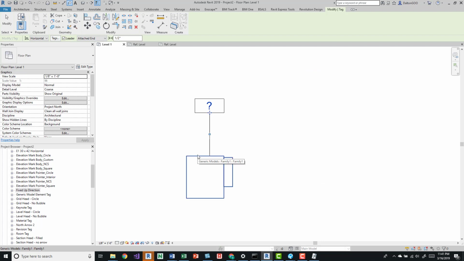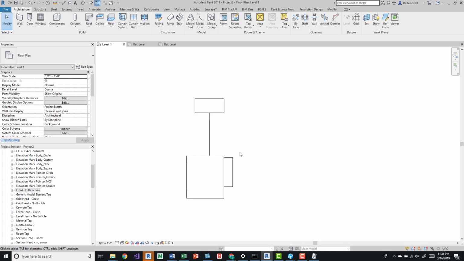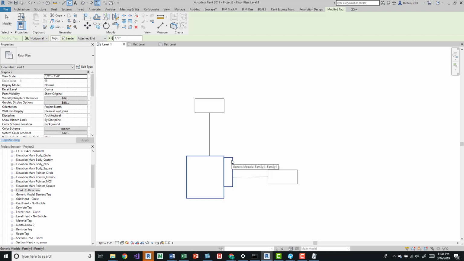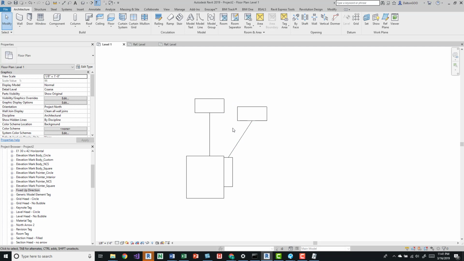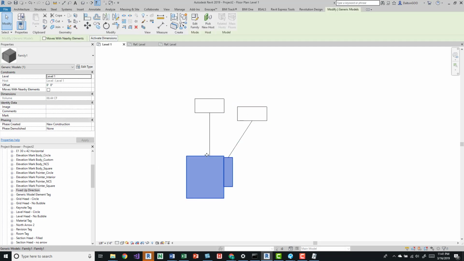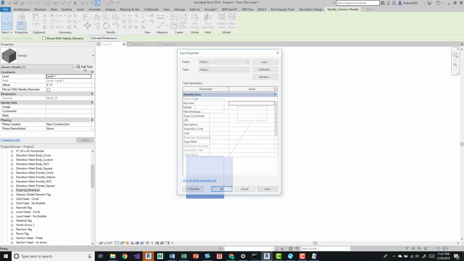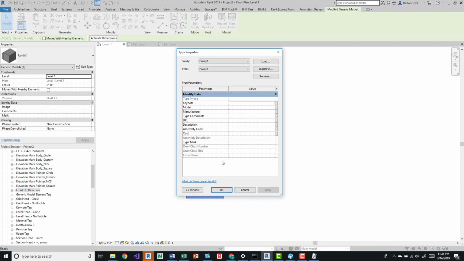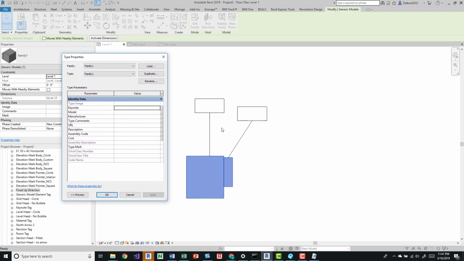So as you see, it's going to tag this first. It's going to pop up a little question mark. If I want to tag this element, I'll tab into it, and it'll give me a new tag. I'll move this out of the way so we can see it. I'm going to select this model, and then I'm going to edit the type, because that specific tag that we loaded in is actually looking at the type mark. So that's a type parameter. So if I grab this and let's just say M1,